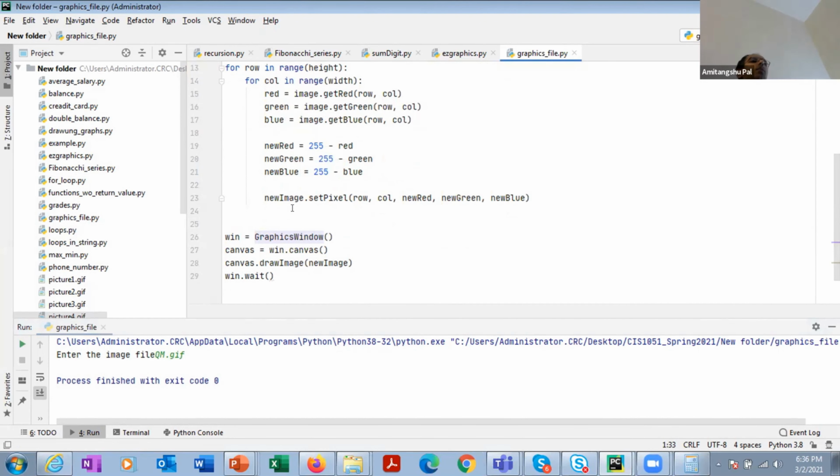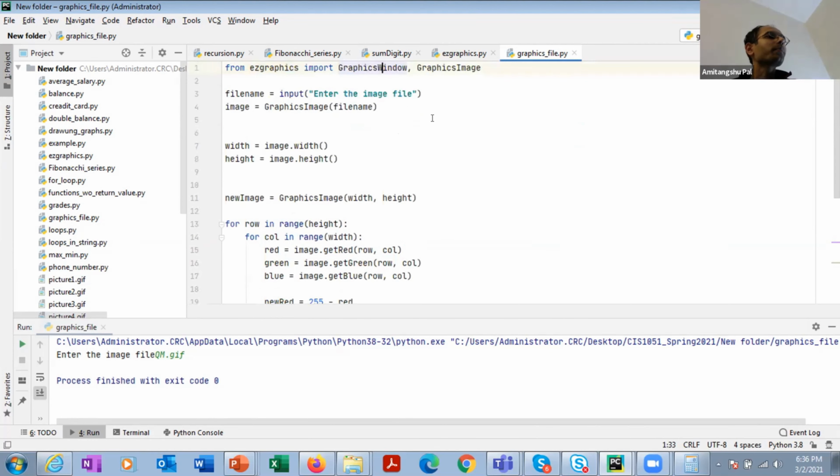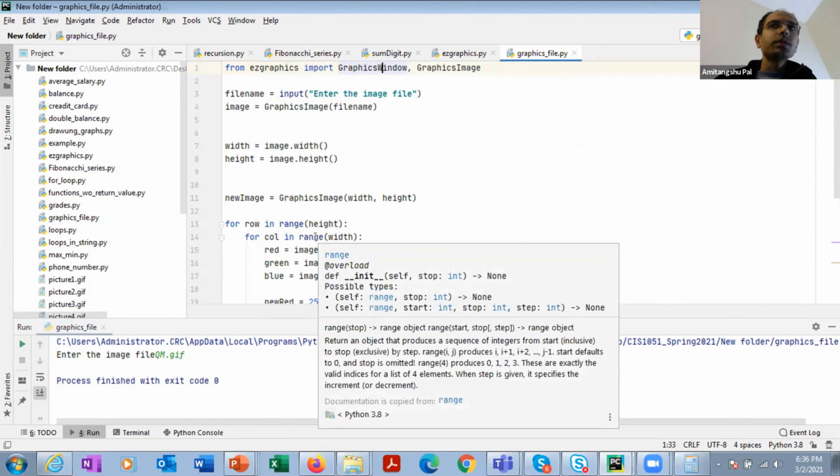Okay, now let's make this program a little bit more organized. All right, so here I have shown you one function which is creating the negative of an image. Okay, but there may be multiple image related functions.